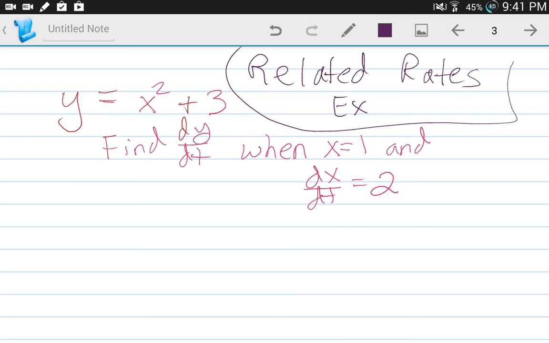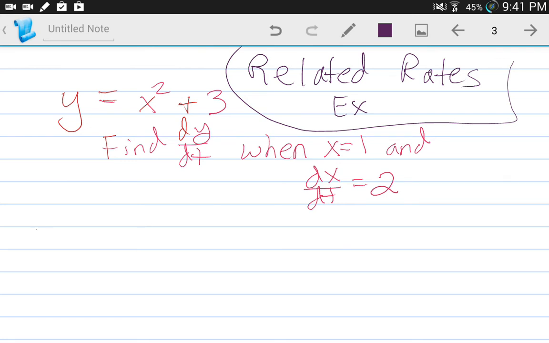There are just a lot of different ways we can do them. So the first question says y equals x squared, and it wants us to find dy over dt. So how is y changing versus t when x is equal to 1 and y is equal to 2? And just going back to those 4 steps I told you guys about,